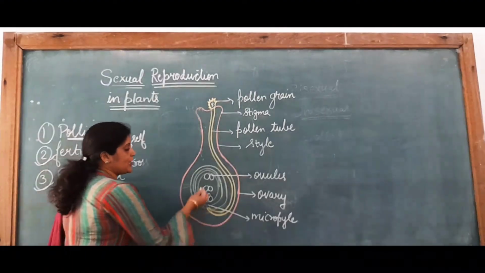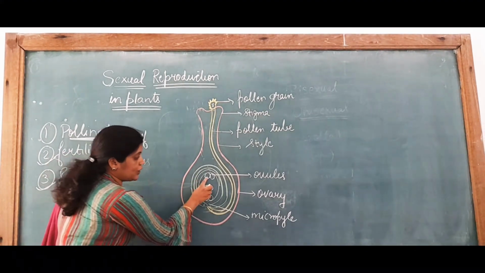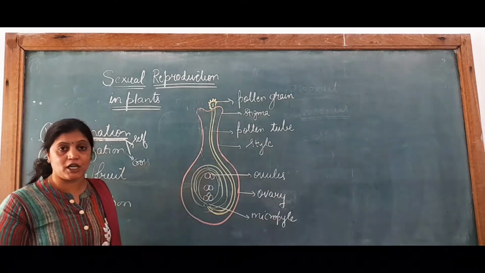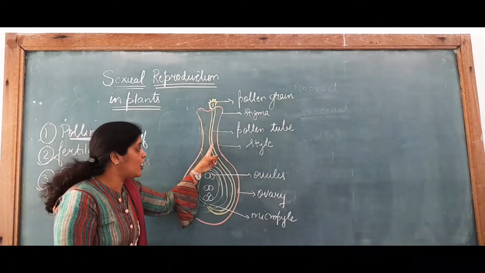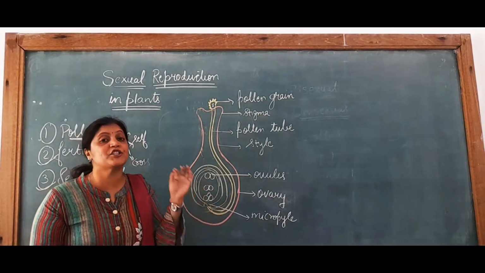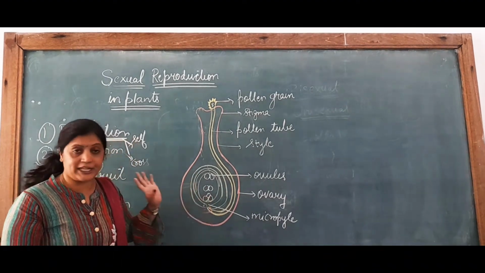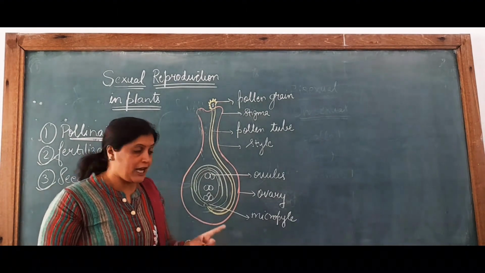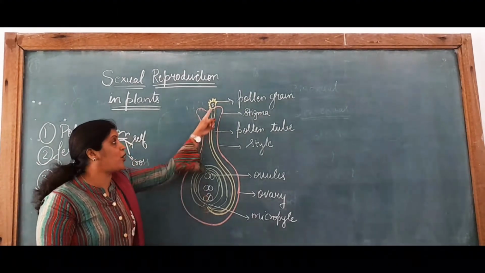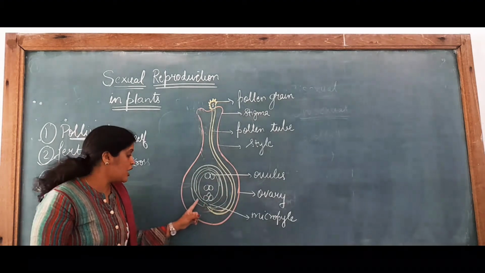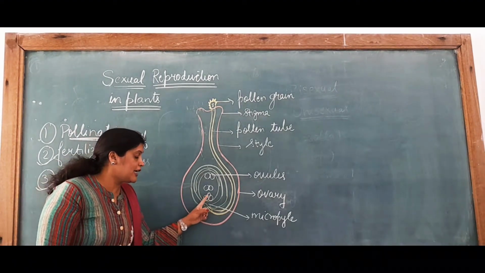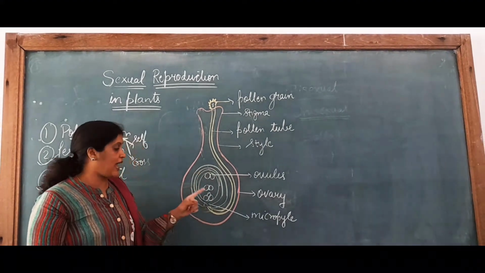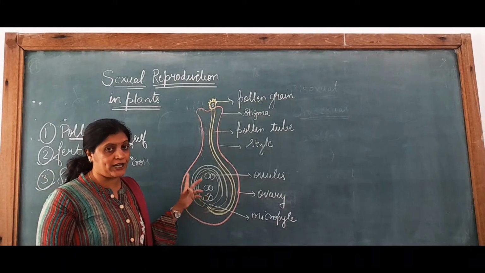Now, you will see here that two ovules are present on the poles. And now the third will come, which is the pollen grain's nucleus. So 1, 2, 3. You can see on the poles two ovules were already present. Now the third one which comes is the pollen grain's nucleus. Between these three gametes, the fusion will occur.